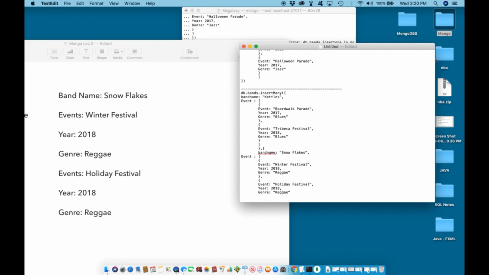Now that we have entered information for the second band, we need to end this method. We need to close out the method. So we do this with a closing curly bracket,